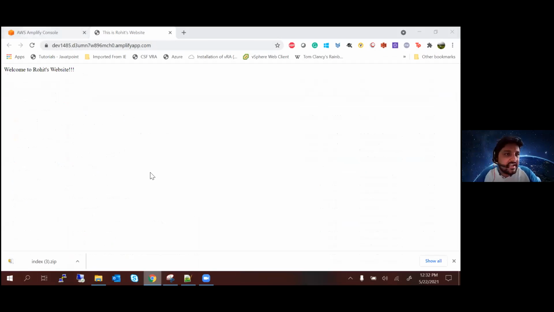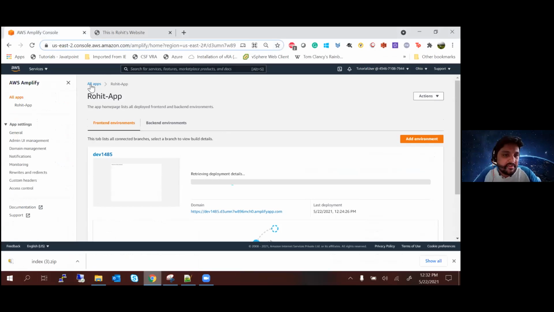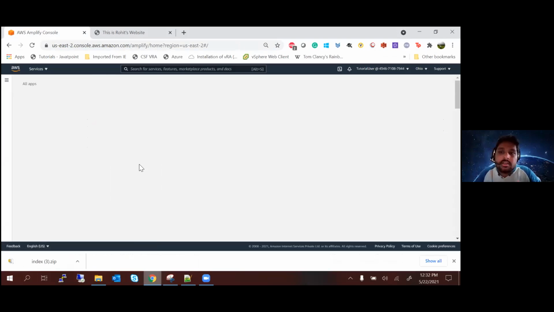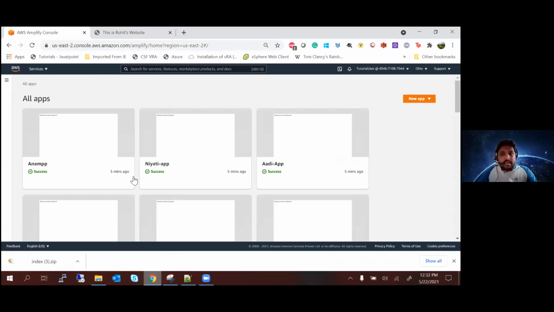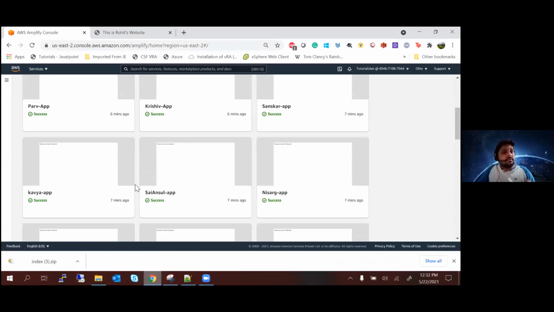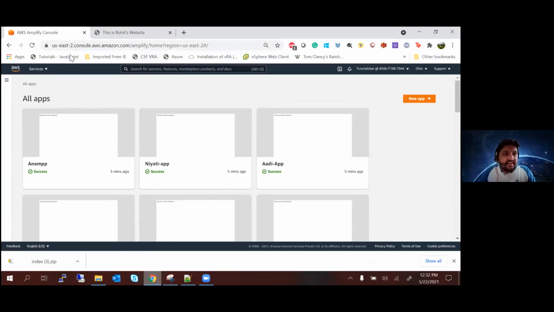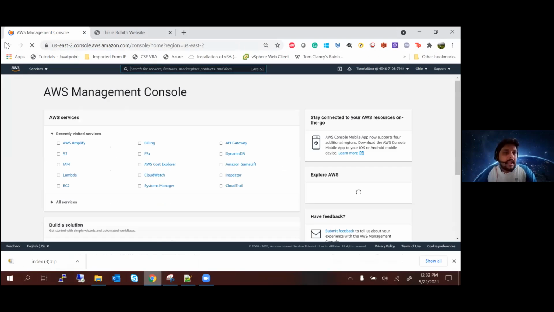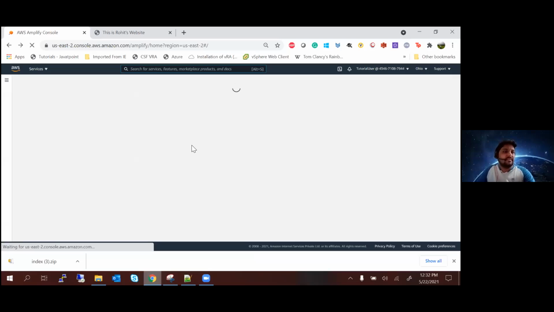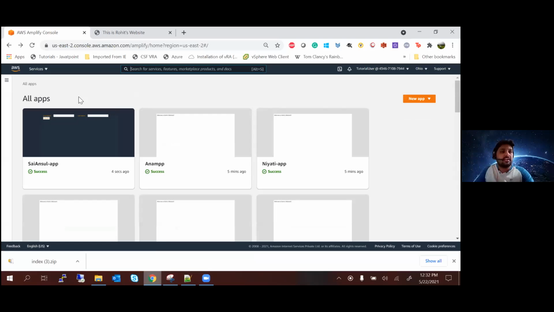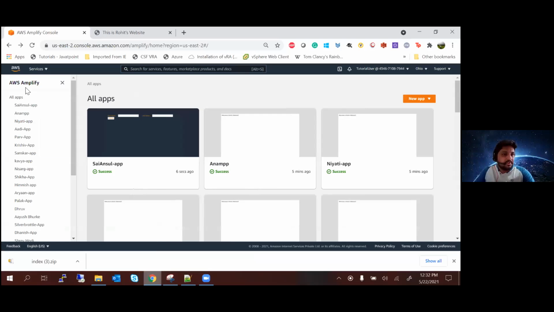If you have failed creating an app, let me just walk you through again. Those who have already created an app that is successfully running, you don't have to do this. This is only for the people who have not created an app before. So if you have not created an app, tell me, are you able to see this login page? Are you on the Amplify console? Are you able to see AWS Amplify here on the top left corner? Those who have not created any app yet, do you see this AWS Amplify on the left hand side?